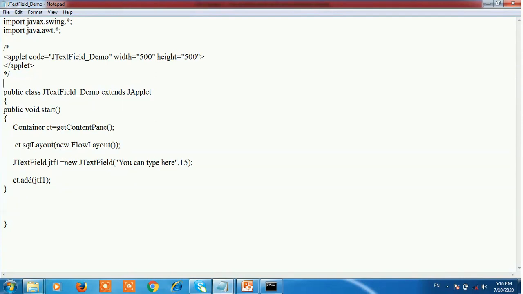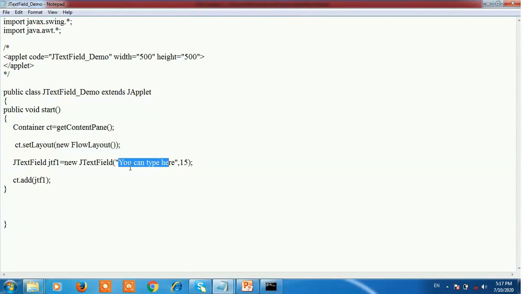Using the setLayout, you can set the layout of the applet window. ct is the object of the container: ct.setLayout(new FlowLayout()). So the flow layout is set onto the applet window using the setLayout method. After that, create a JTextField. The JTextField object is jtf1 = new JTextField with two parameters: first is a string and second is maxchar.